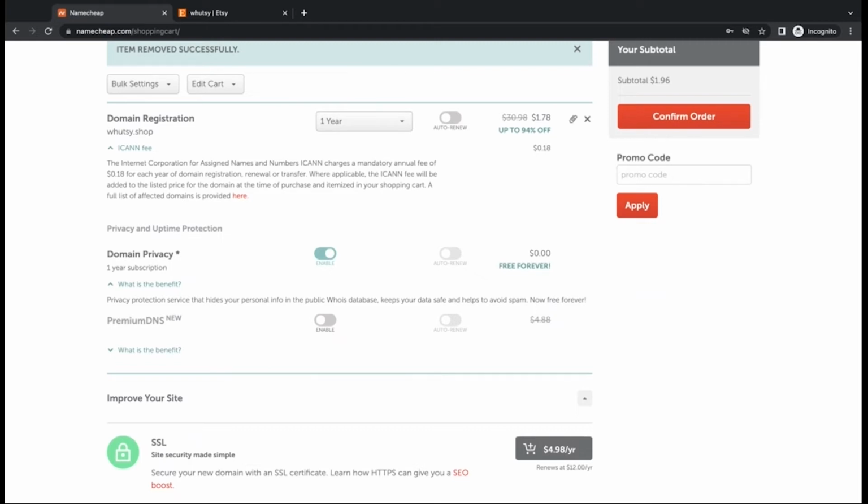A lot of these places that sell domains charge for this, and Namecheap is always free. You never have to worry about it. And it's simply because when you register a domain, that information is now in this public database that you purchased this domain name. And now there's companies, and some of them are nefarious, that scrape this database, and now they have your email address, phone number, whatever information is attached to this purchase, and you are going to get spam